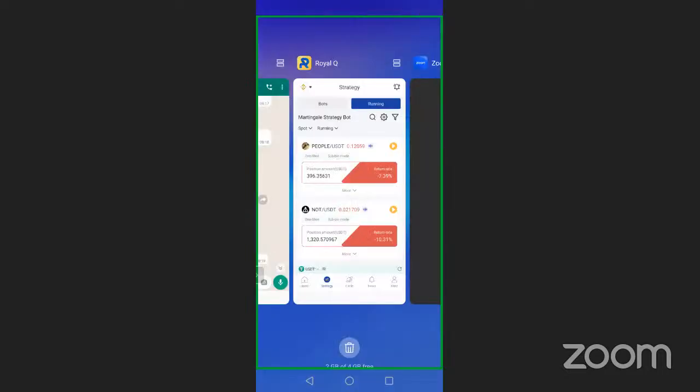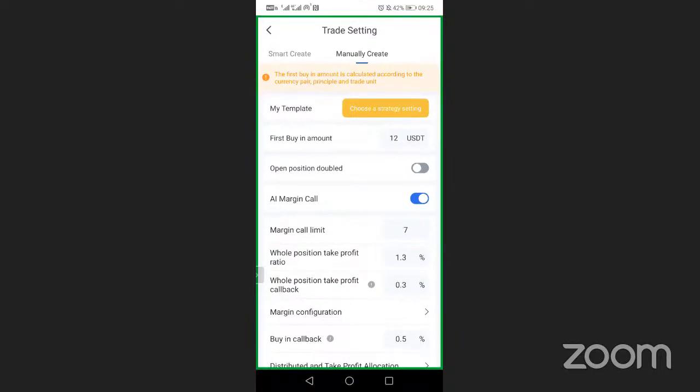All right, so let's come back here. We have found our first buying amount, which is 500. So we are remaining with another 500 that is not used.